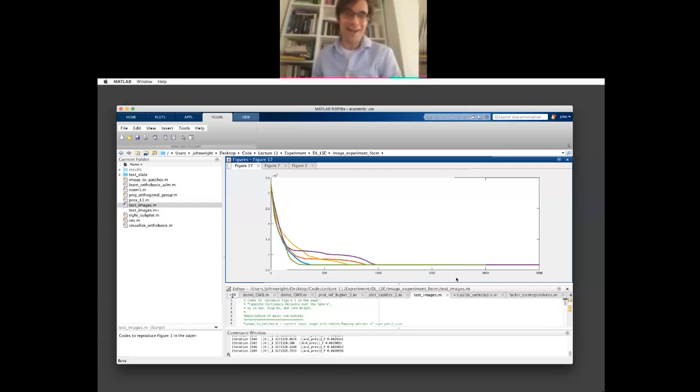On the other hand, the really salient aspect of this graph is the endpoint. Although the path you take to get there may vary a little bit, the final objective value seems to be the same in every run of the algorithm. So you can see again, we converge to the same objective value. And if you were to look at the dictionary that we learn each time, it would actually be the same as well, up to this fundamental sign permutation symmetry.